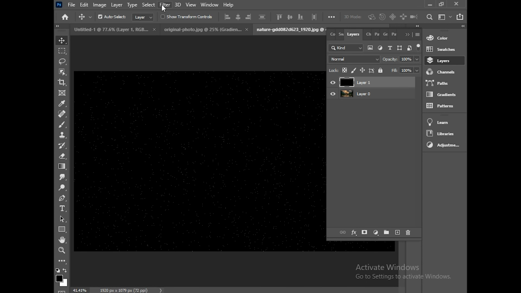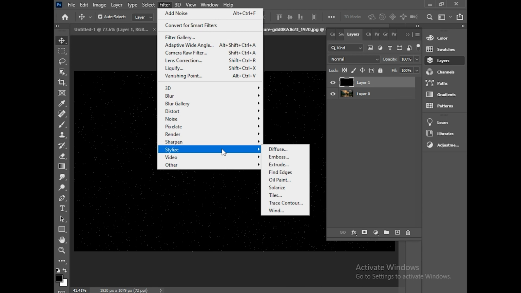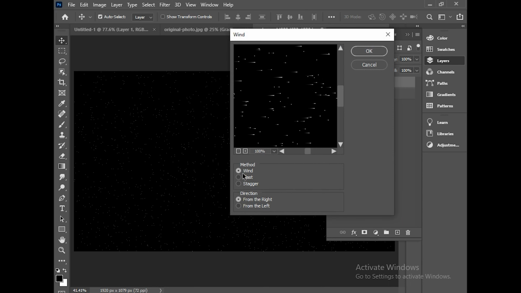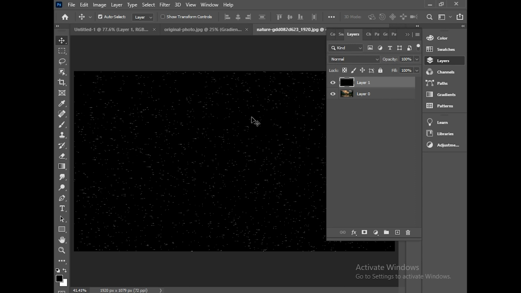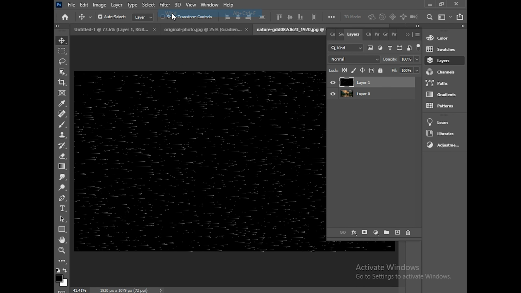I will go for filter, and I will go for stylize, and I will go for wind. Select wind from the right and click OK. I need more wind. I will go for filter this time. Then I can select wind, the last filter used, or you can press Alt Control F to add more